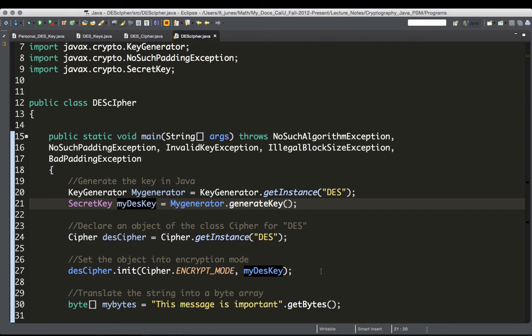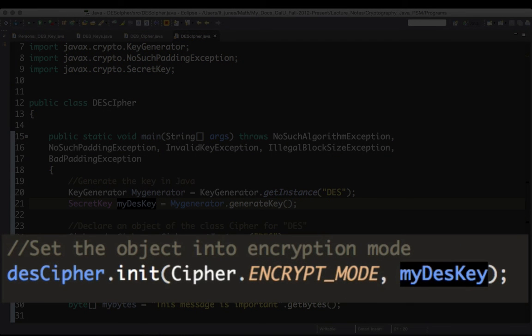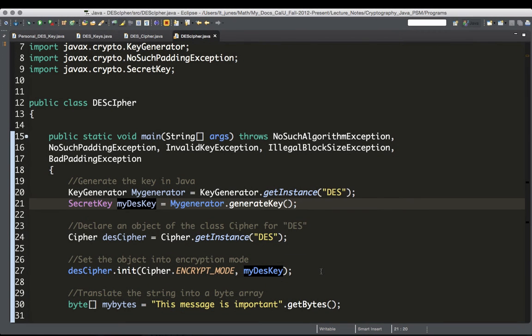So let's come back to that line again. That line is initializing the cipher, setting up the cipher in encryption mode. That's the only thing that it does. It just sets the encryption mode there. Now the next thing,